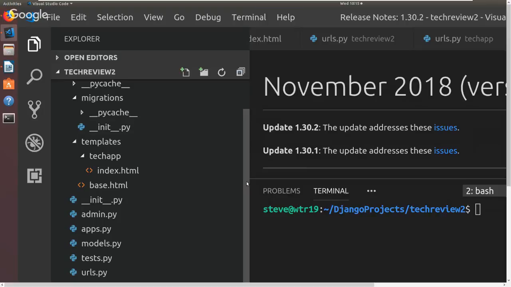So, there's like 3 levels of folders, right? There's an outer project folder. It's whatever you name, Python Club, Tech Review 2, there's the outer folder. Inside of that, side by side, there is a second Tech Review folder, and there's whatever your app folder is, when you make that. So those are side by side. The project folder that has the same name as the outer folder, so Tech Review 2, has,